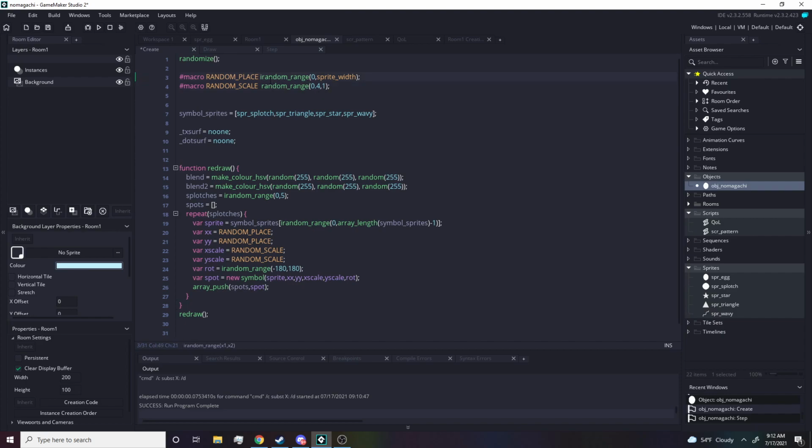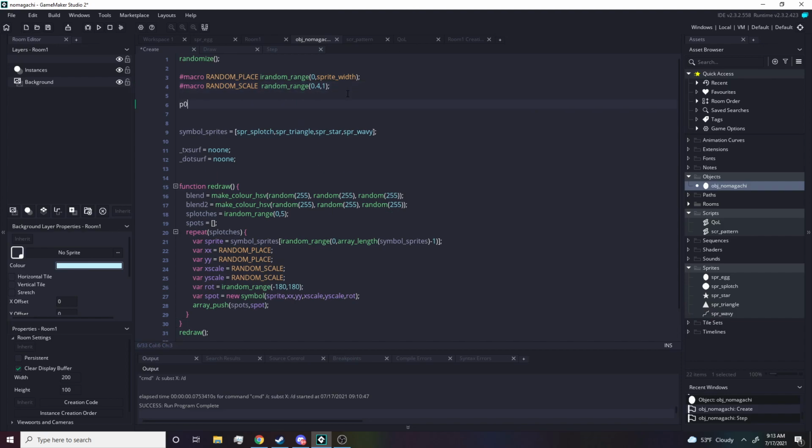And by the way, the difference between irandom_range and random_range is that irandom_range will only give you integer values between these two numbers, including the numbers themselves, so it can be 0 and it can be the sprite width. And random_range will give you any kind of crazy decimal numbers between 0.4 and 1, including those numbers. So it could be 0.4, or more likely it could be